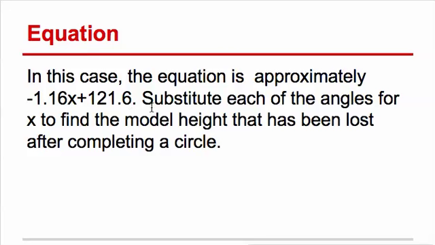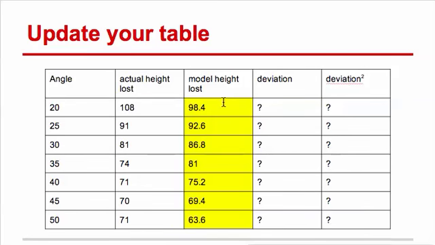Then, using your trace mode, you can just enter the x values in, and it'll spit out the predicted y values according to this equation. When you type those all in, you'll get these values here. That's what you're expecting. You can compare that to the actual amounts here, and they're close, but they're not exact. You can then subtract each of these and find the deviations,